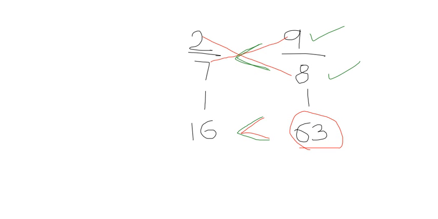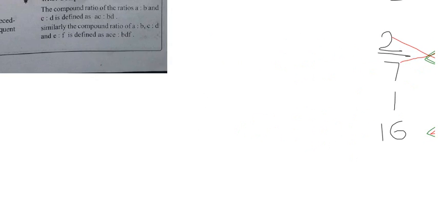So this is the best way to compare the ratios, guys. If you compare the ratios in this way, then you can do any problem, any comparison of ratios, however many fractions, 3 fractions or 4 fractions, doesn't matter. It does not depend on the number of fractions; it depends on just cross multiplication. In one step you kill it, right? So this is the comparison of ratio. Understood? I hope you understood this, right?